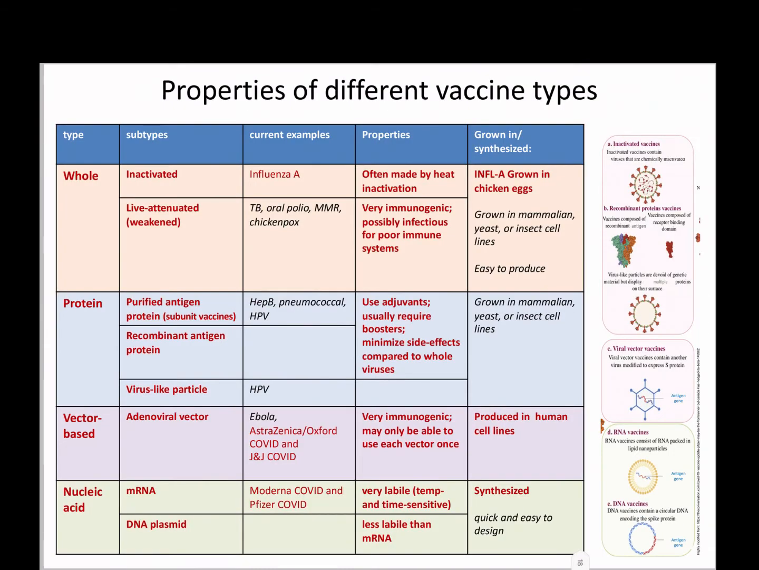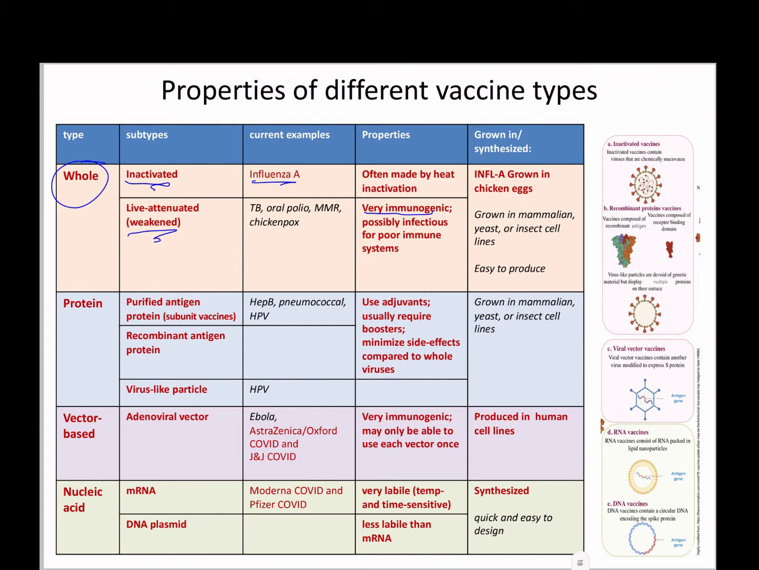So just to summarize those, you had the whole virus. You could either inactivate it or you could weaken it, live attenuated. Influenza vaccines can be either. The most common are the inactivated form. And there are different ways to inactivate them, but often that's done by heat. The inactivated form is very effective. However, the live attenuated or weakened is more immunogenic than the inactivated, so it can create a bigger immune response,